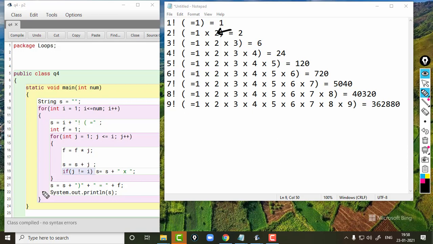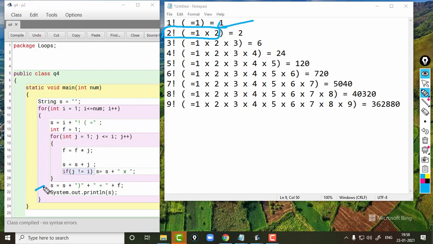When we come outside the loop, up till now in the s string variable we have got this string.